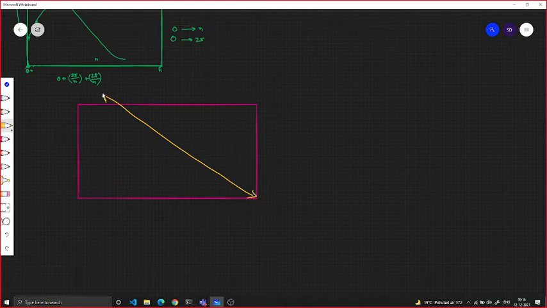To define any line, what is the maximum number of parameters that you need? Can someone tell the maximum number of parameters that you need to define any line? A point and a slope. Two. Yep, two. So either a point and a slope,